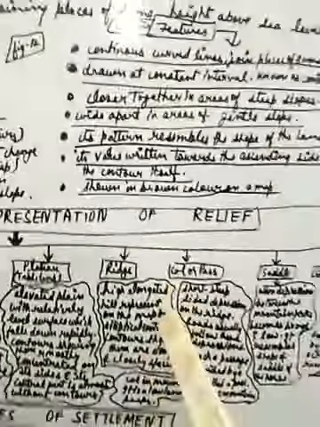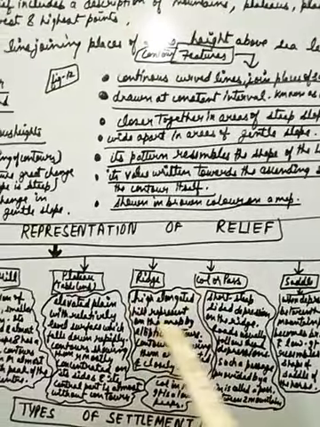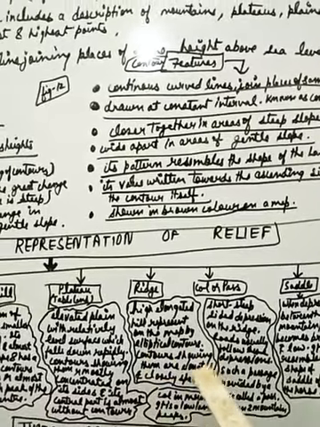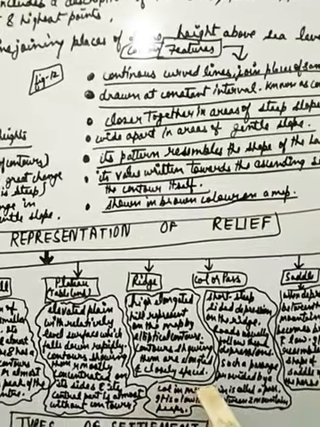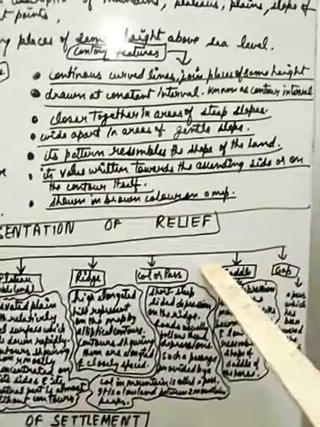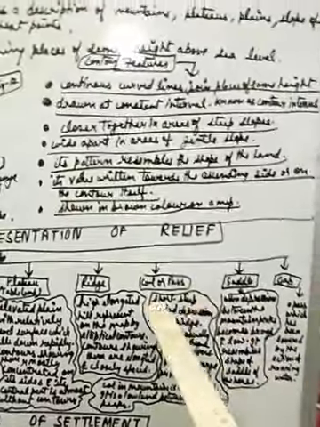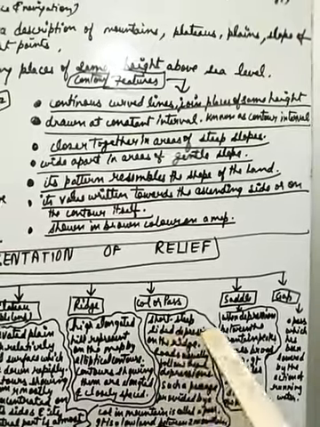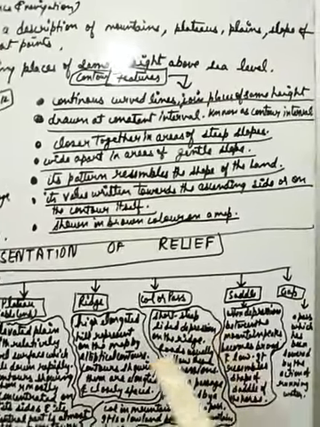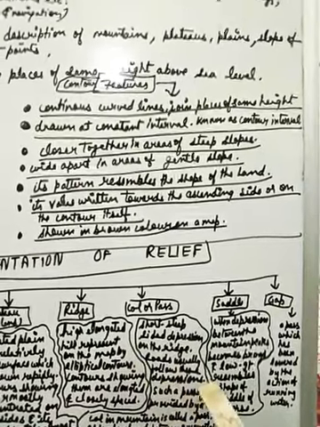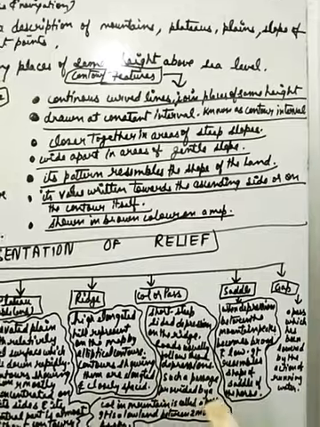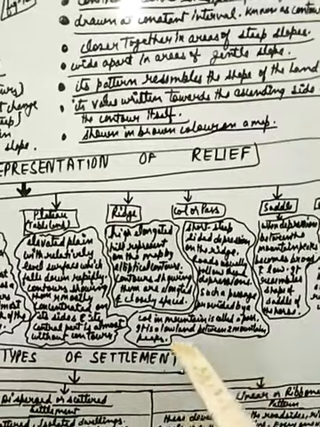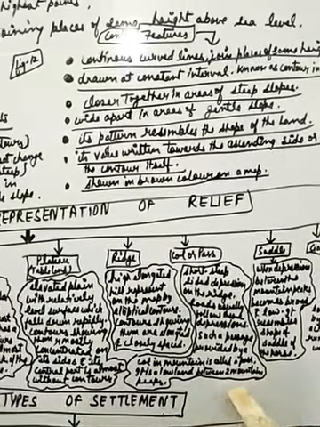Next is ridge. Ridges are high elongated hills. They are represented on the map by elliptical contours that are elongated and closely spaced. And then we have col or pass. A col is a short steep sided depression on the ridge. Roads usually follow these depressions. Such a passage provided by a col in a mountain is known as a pass, and it is a lowland between two mountain peaks.